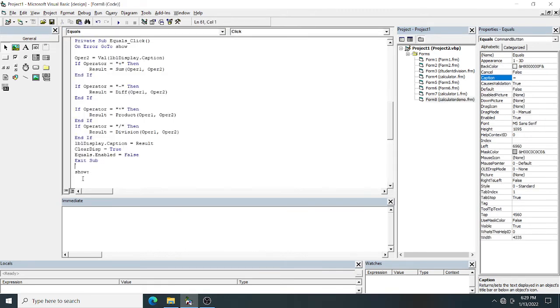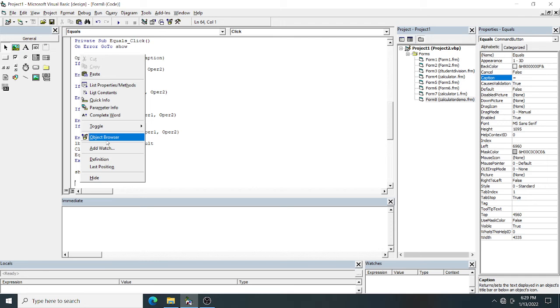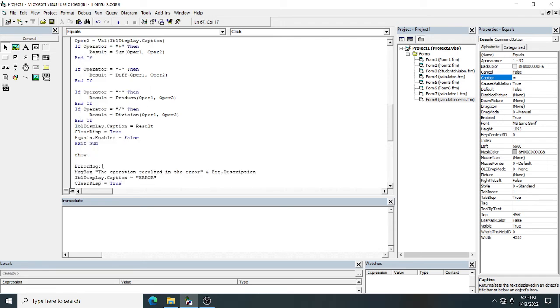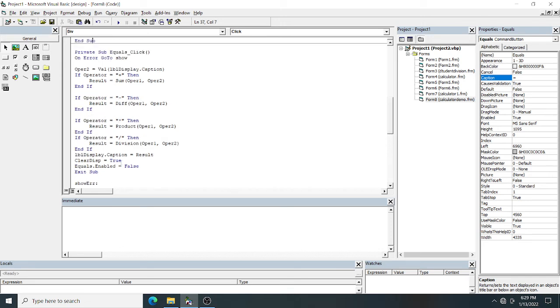Okay, here I am pasting. Here, error. I have not given an error message, I have just given the name. So if I want, I can change my name to show error, so err, and there also I can change my name to so err. This is user defined.